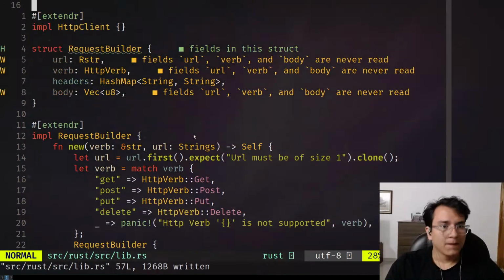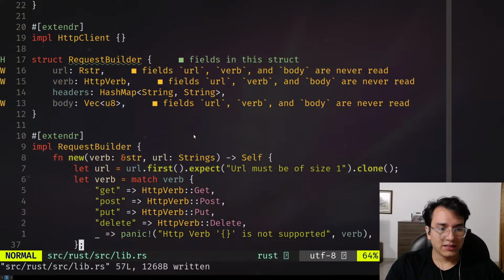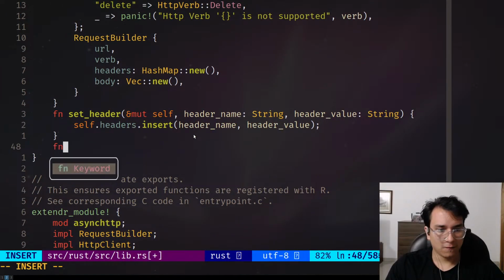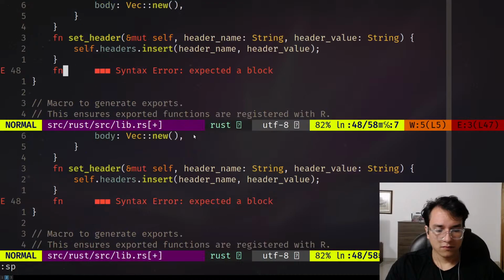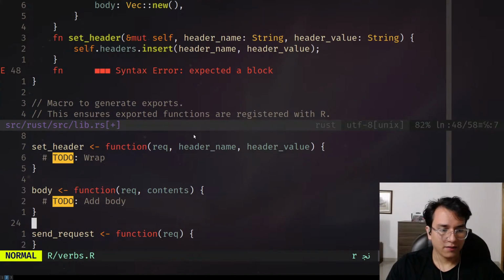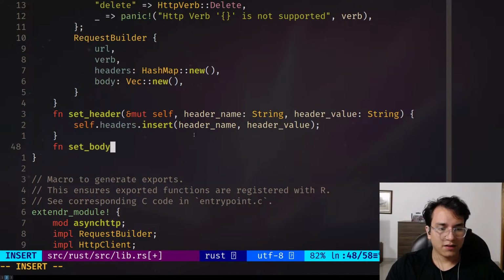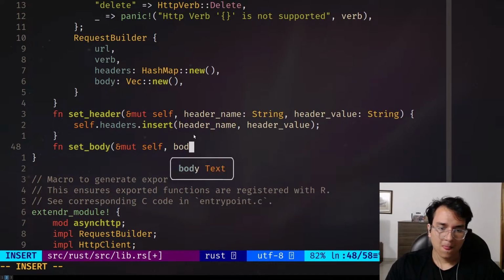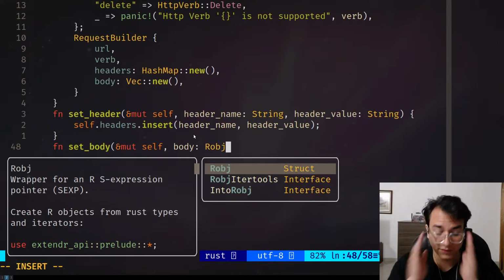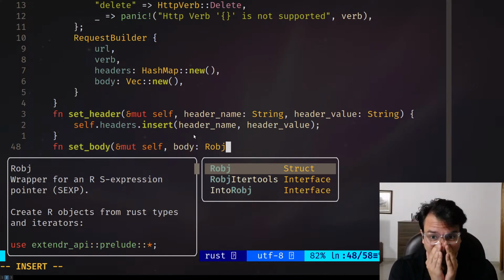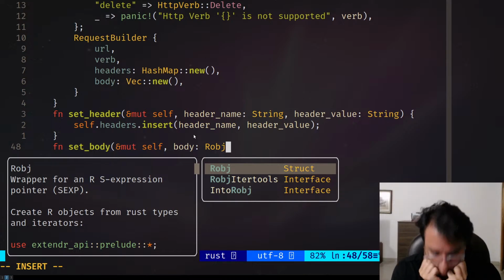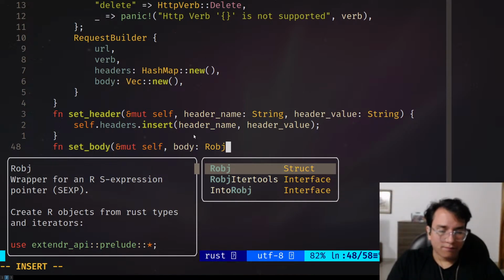Okay. Awesome. And now we need to set the body. So function set, how did I call it here in the verbs that are body? So function set body, it's going to take a mutable reference to self, and we're going to need to take a body, which should be an R object, because we want it to be able to be pretty much anything. I guess that's where we're going to want. I don't know what we want,